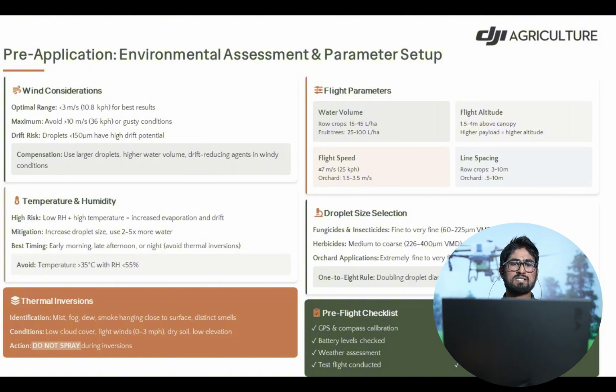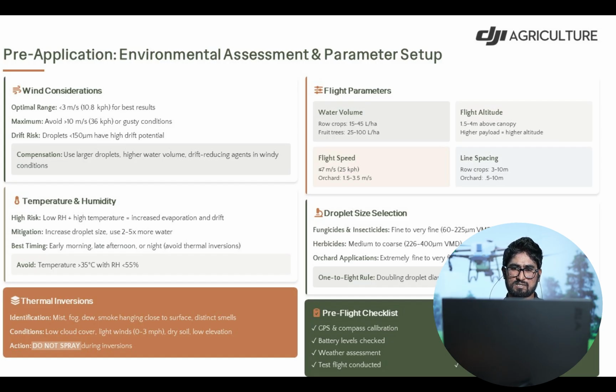So there is a mixing order. We must fill 1/4 or 1/3 of our water first, then follow the sequence: first we use solid fertilizer, second water soluble granules, water soluble powders, and suspensions, then emulsifiable concentrates, and finally surfactants and fertilizers. We must use it immediately after mixing, don't leave it overnight.